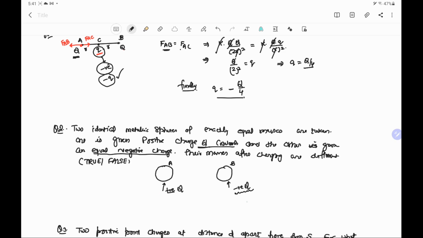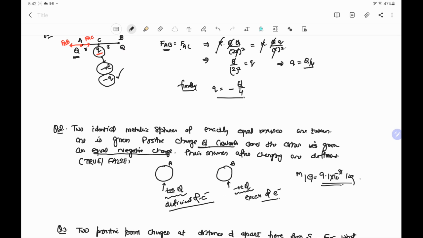As told earlier, negative charge on a body refers to an excess of negative charge, that is electrons, and positive charge on a body refers to a deficiency of electrons. Because of the transfer of electrons, a body becomes positive or negative. If it is negatively charged, it has an excess of electrons, and if it is positively charged, it has lost some of its free electrons. And an electron itself has a mass, that is, the mass of an electron equals 9.1 into 10 power minus 31 kilogram.